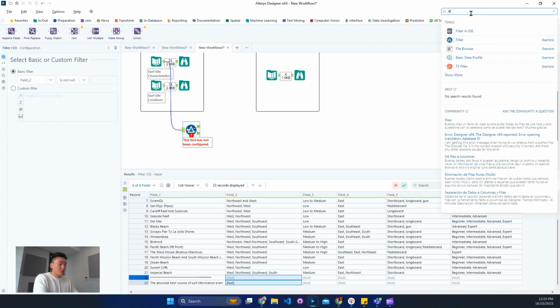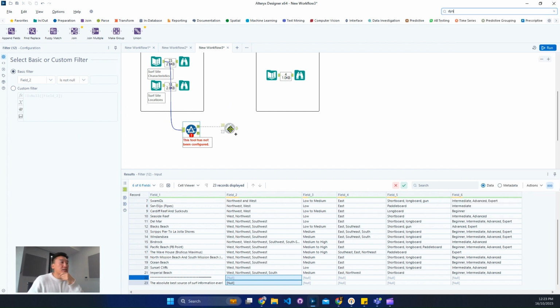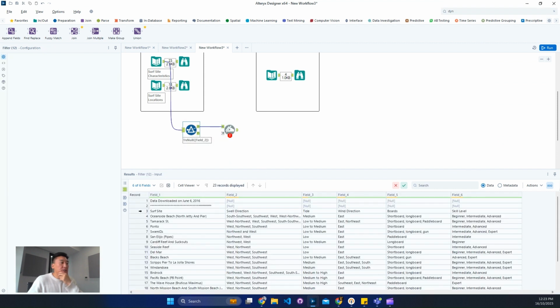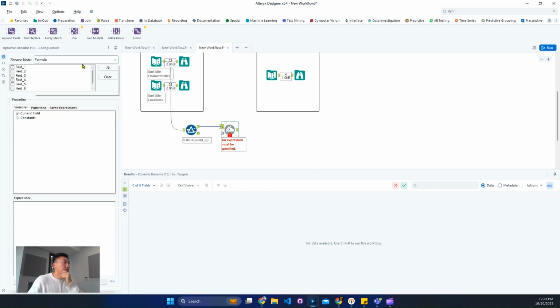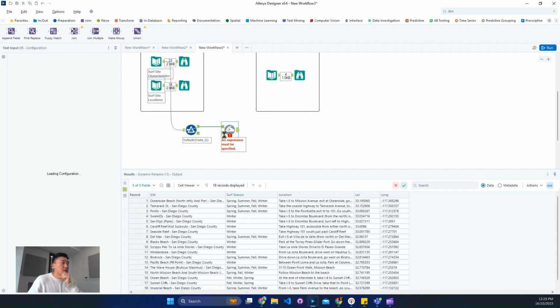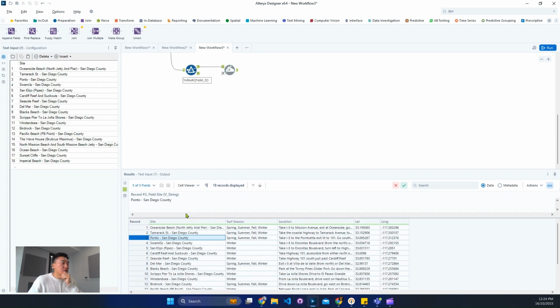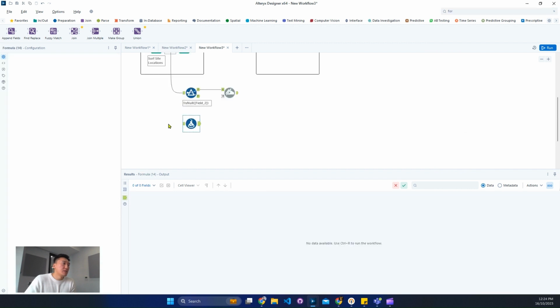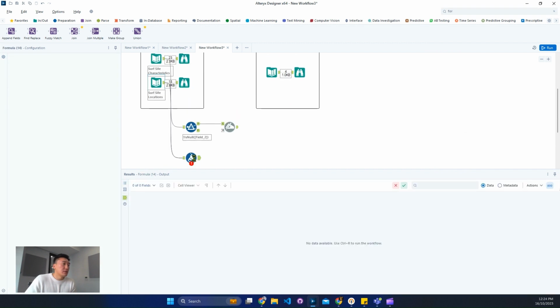Then you should be able to do a dynamic rename to replace the first row as header. Without even looking at metadata, this should be the first row. We'll get all the things. Now, dynamic rename will not pass the meta information out, so you won't be able to do anything about it. For those ones below, we want to get rid of the city name, so probably just use a formula. You can use a trim, or replace, so the order is fine. In the competition, Regex may not be your best choice. So let's just replace